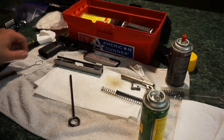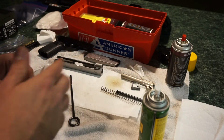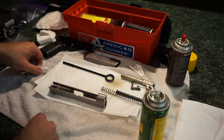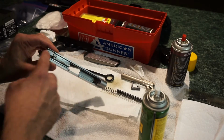I know I'm whining and complaining about it. Instead of me sitting there for 5 or 10 minutes trying to align it properly to get that slide stop to go back in, I'm just going to go ahead and stop the camera, and I'll bring it back up when I get done. You're not supposed to disassemble the striker mechanism,